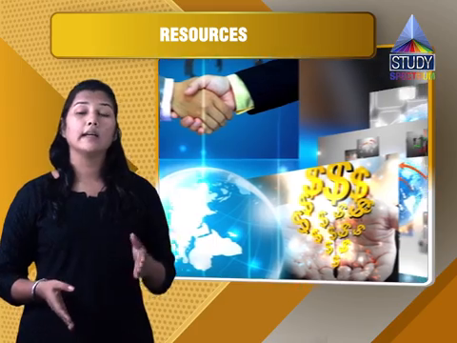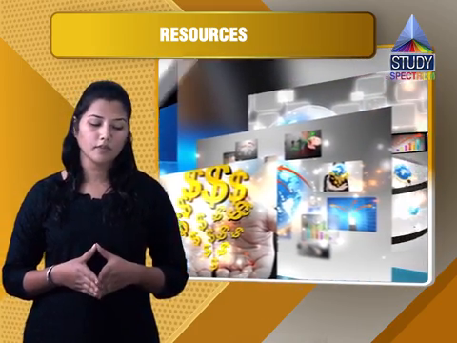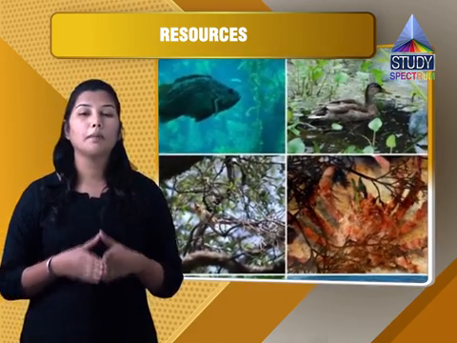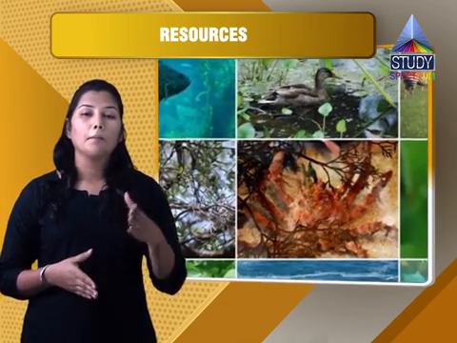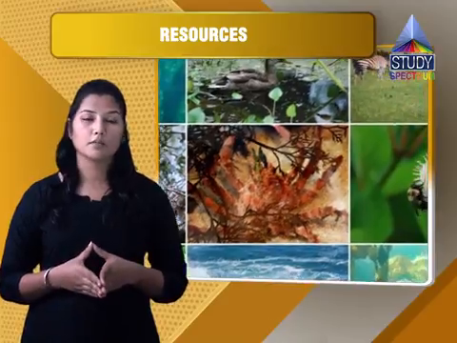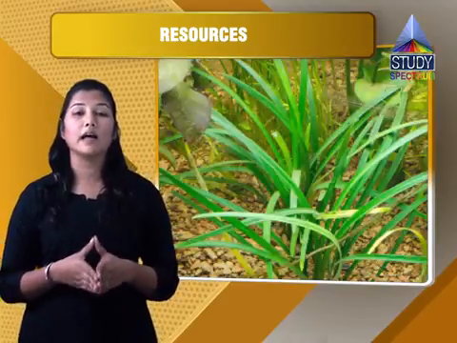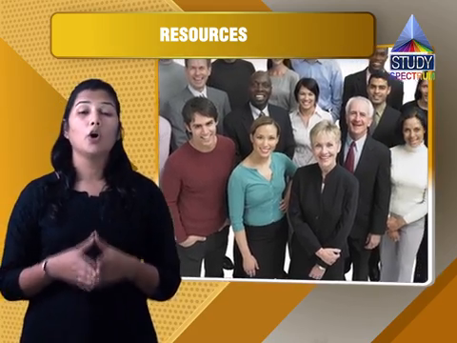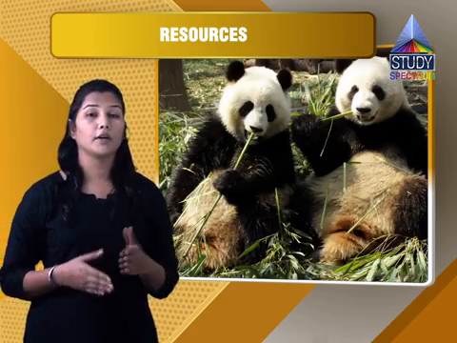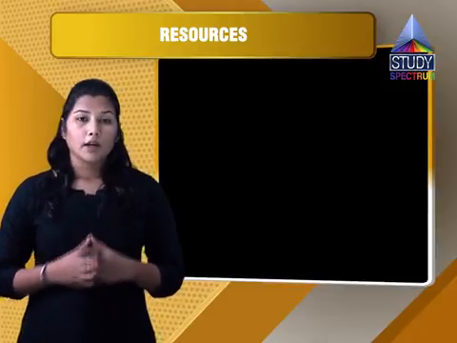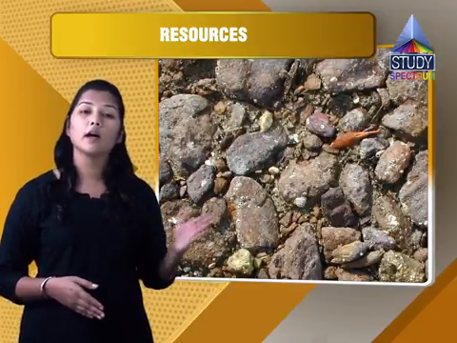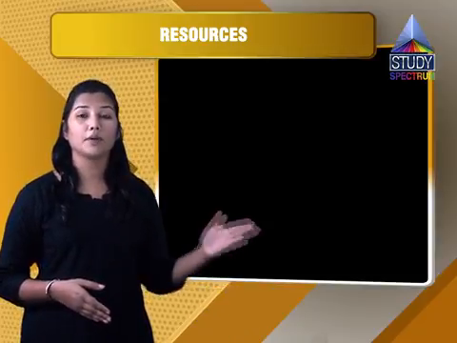The third one is the origin. When we come down to origin, it is basically divided into two, the biotic and the abiotic. Biotic means living organisms, anything and everything that has life. Probably the plant life, the animal life, and the human beings, all are included in biotic. And the abiotic is basically non-living things. The roads that we see, the buildings that we see, the rocks, the stones, all are a part of abiotic